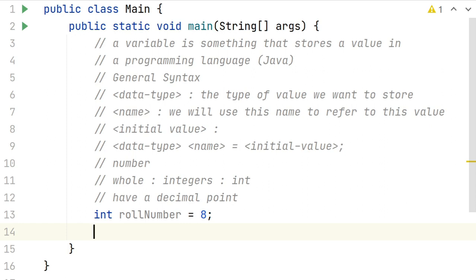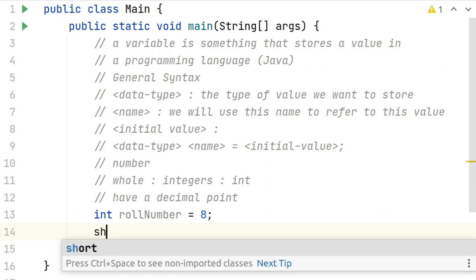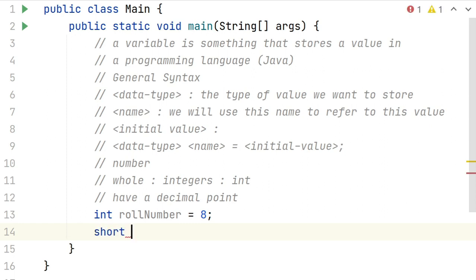I'll show you near the end of this video, but we can also write an integer as short. Short, my age is, let's say, 42, right? Right, so if you want to store smaller numbers, we can write it as a short. It is an integer also, but it will not be able to store integers after a certain point.